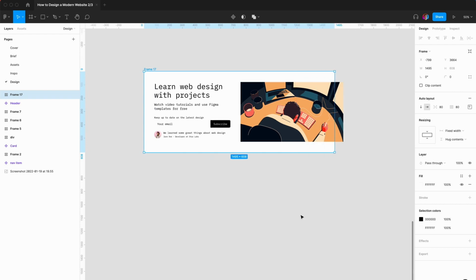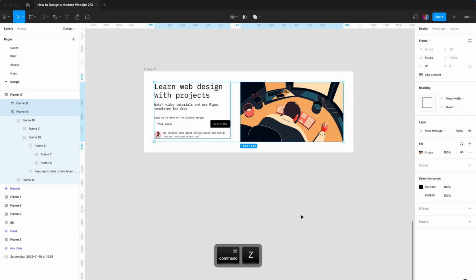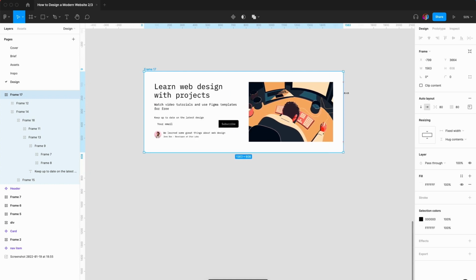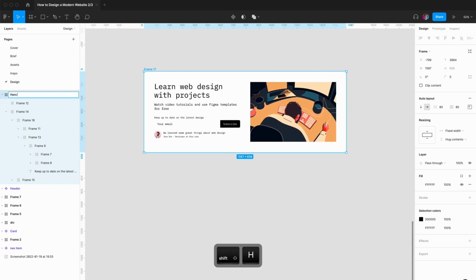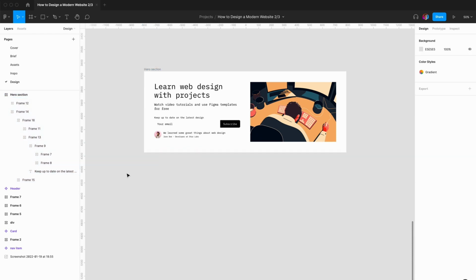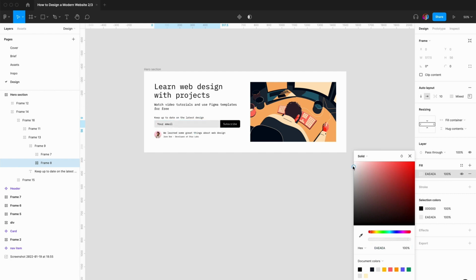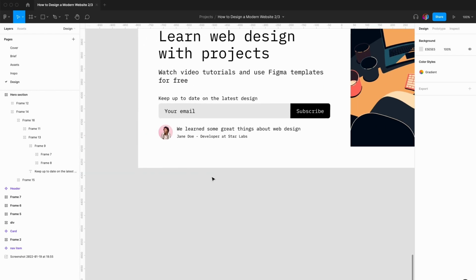If we just do that, you can see it's not fluid. So I just hit enter, and here we just have to fill container. So now you can nicely make it fluid, and now we can name that hero section. Okay, great. And then one thing to do here is we can also make the placeholder, because we have a background of white, we need to make this a slightly light gray, and we just have to play around with contrast. But as exploration, I think that is good enough.